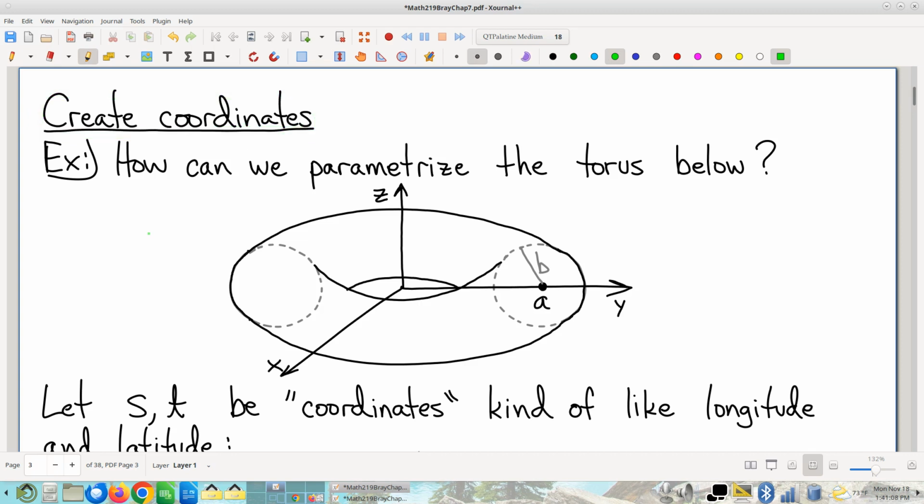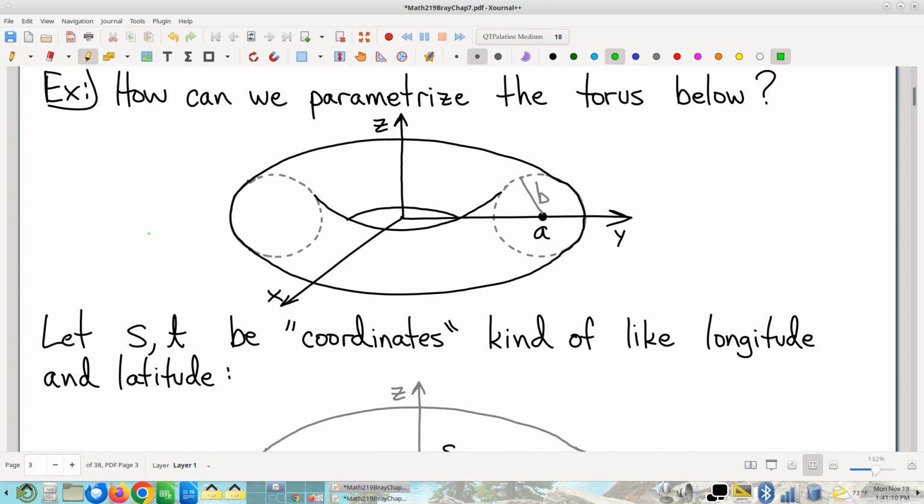Okay, so I'm just going to show you an example of how this works. I think this is the best way to do this. So here's what's called a torus. And suppose I want to parameterize this surface. How would I go about parameterizing this surface? Okay, so